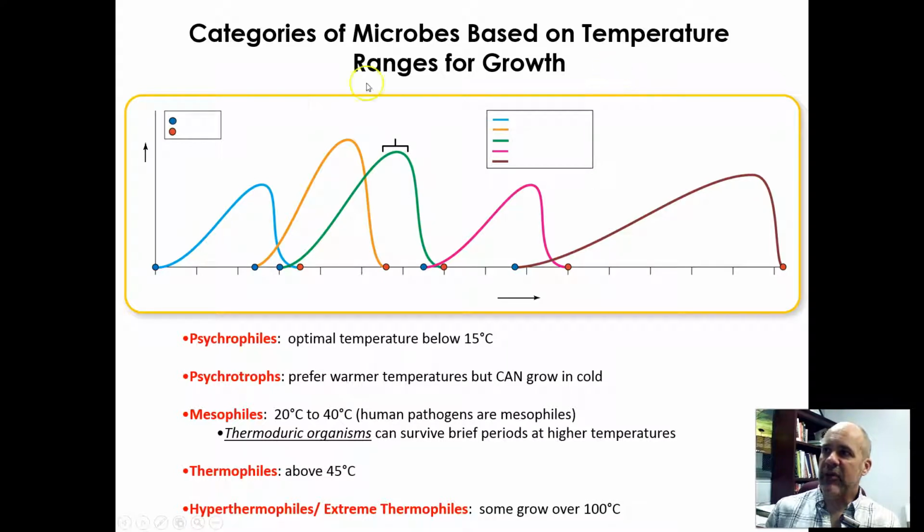Okay, so microorganisms can actually be categorized according to their temperature ranges for growth. Unfortunately, this figure that I pulled out of the textbook doesn't have the labels on here, but take a look at this in your textbook. So this is supposed to be growth over here on the y-axis of the graph, and then these are different temperature ranges, and again, be sure you take a look at this in your textbook. The blue line over here is showing optimal growth for a group of organisms called psychrophiles.